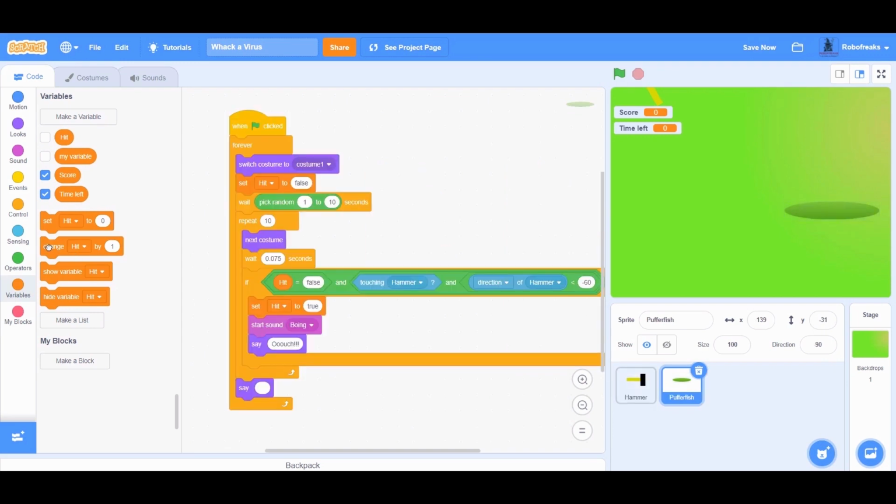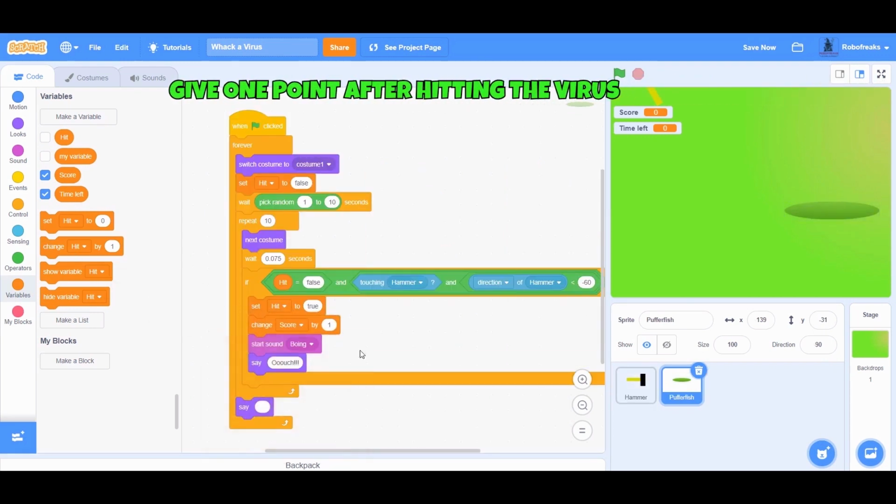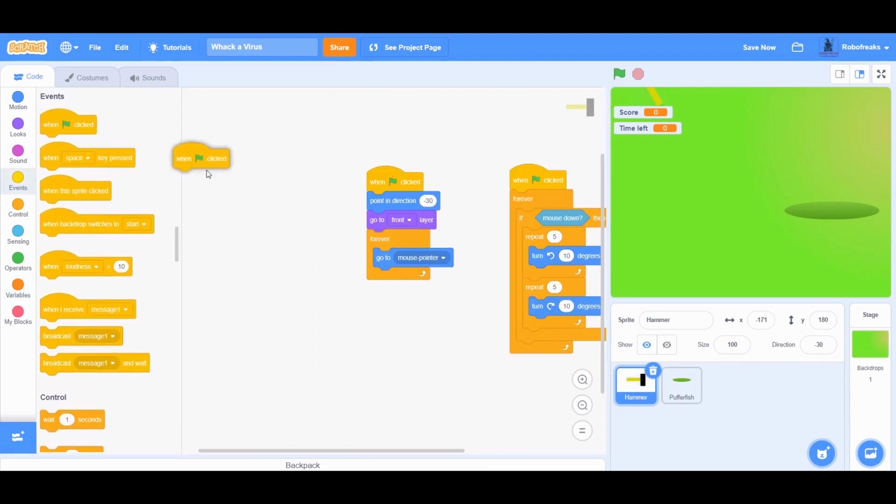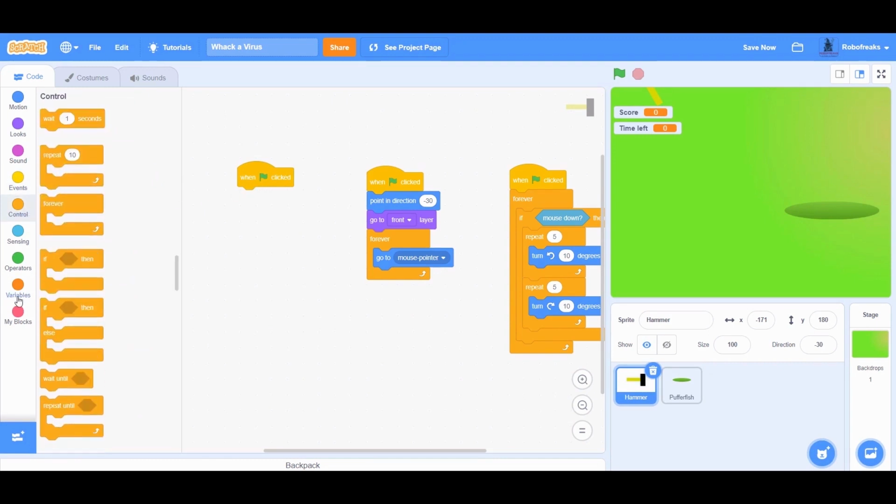And every time we hit the virus, I will give the player 1 point. Set the score to 0 when the game starts.